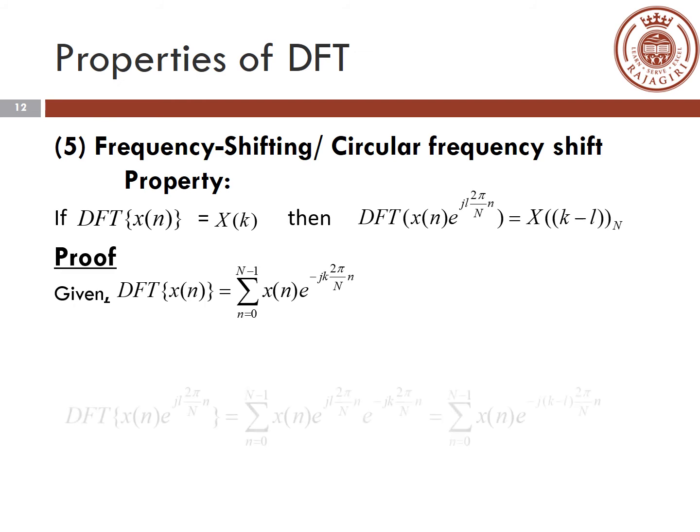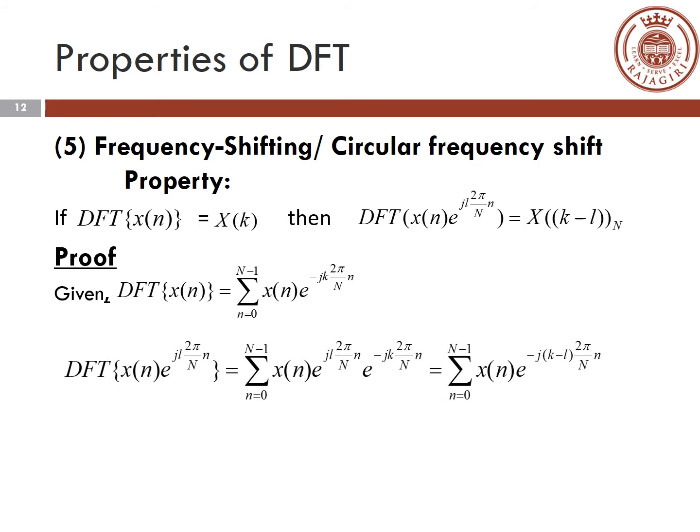This is the basic DFT formula. Now, starting from the LHS, I want to find the DFT of x of n into e raised to j 2 pi by N into l n. As we had discussed previously, whenever you are asked to find the DFT of a sequence, the basic equation does not change, it's just the subject that changes. So this becomes x of n e raised to j l 2 pi by N into n,